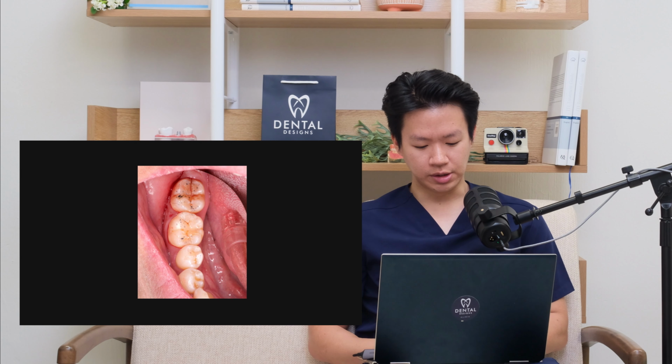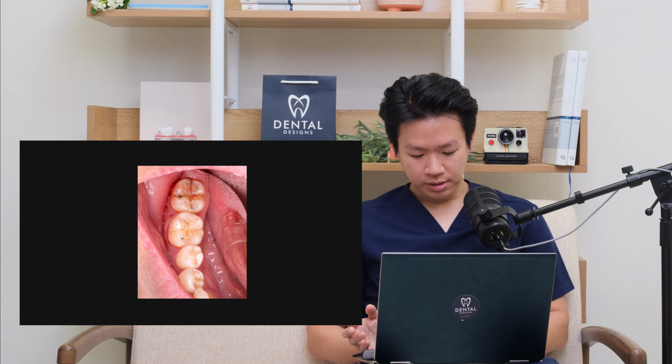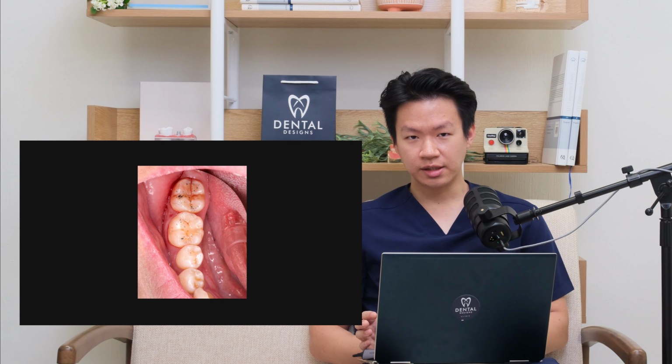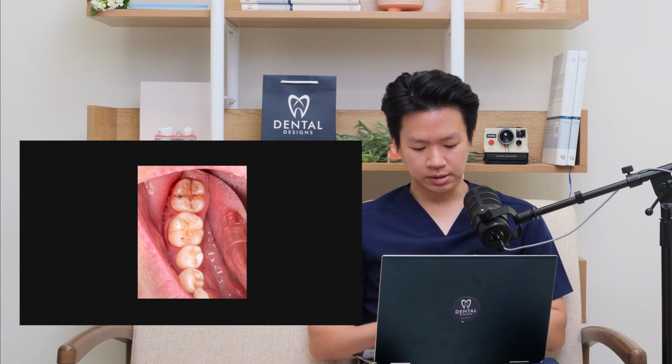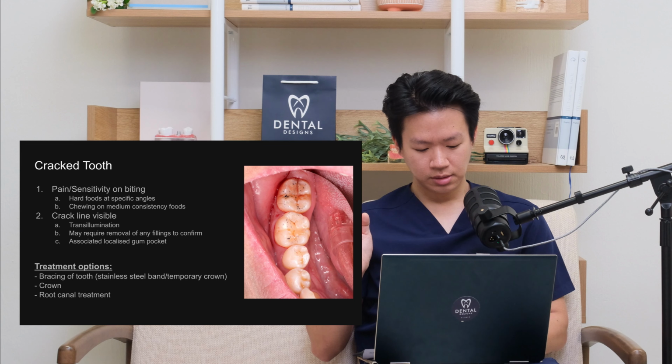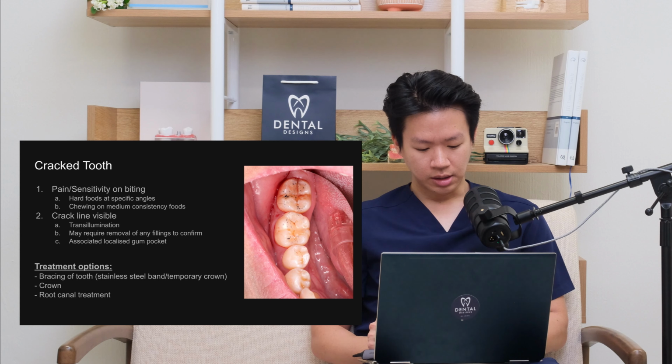And when we looked inside his mouth, we can see that there was indeed a crack on the lower right second molar, right? So you can see over here in this picture, the tooth right at the top, there's a distinct crack line running down the back of the tooth, right? Okay. So for cracked teeth, usually they come in with a pain or sensitivity on biting, and